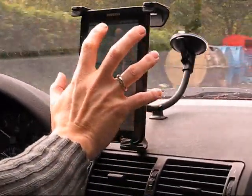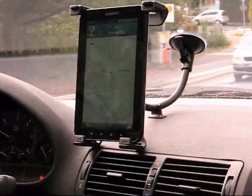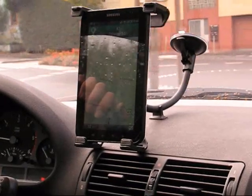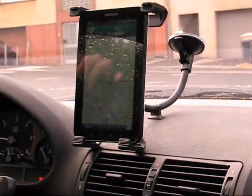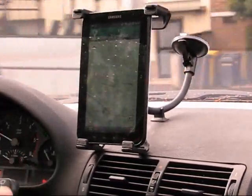And back to navigation. So I haven't tested any offline navigation solutions. I could give